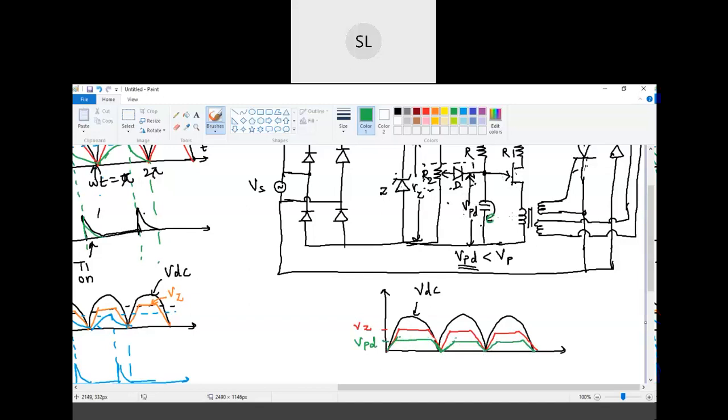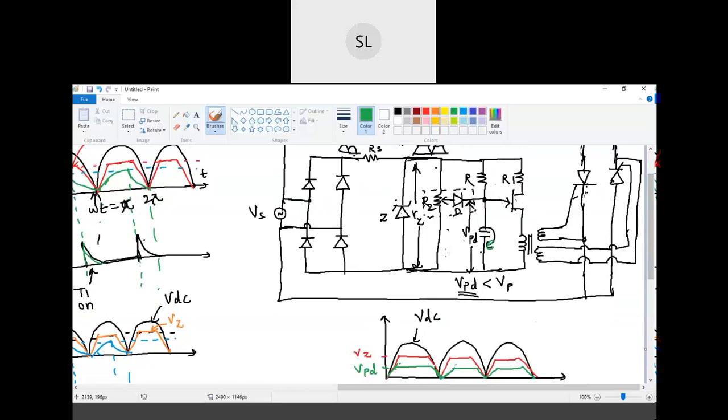Okay, so this is VPD, this will always be maintained across this capacitor C. So this capacitor doesn't have to start charging from zero once it has been discharged, rather it will start charging from this VPD itself. So once this VZ has been applied across this relaxation oscillator, this capacitor will start charging from this pedestal voltage through this resistor R. बाकीची प्रोसेस सेमच आहे, फक्त काय चेंज झालंय तर कॅपॅसिटरचं जी चार्जिंग जी आधी 0 पासून होत होतं ते आता VPD पासून होणार.